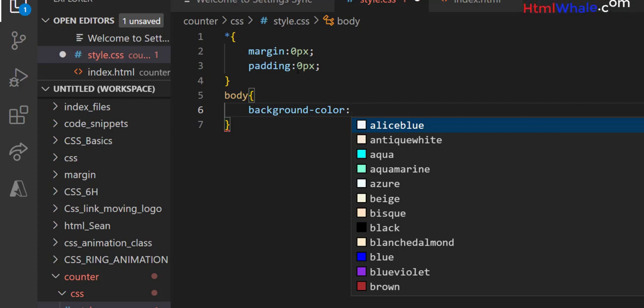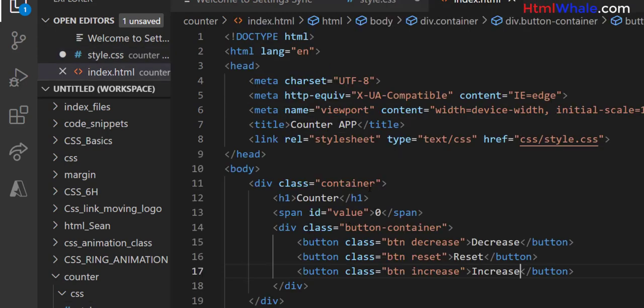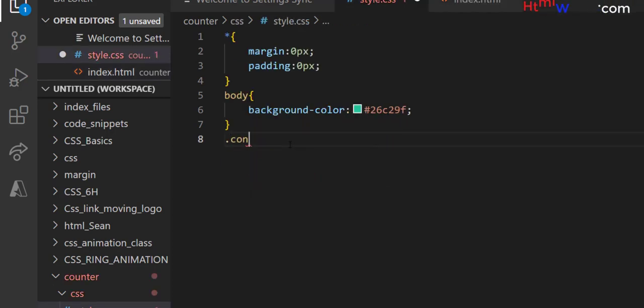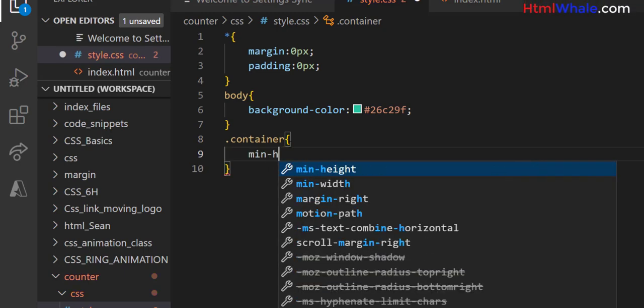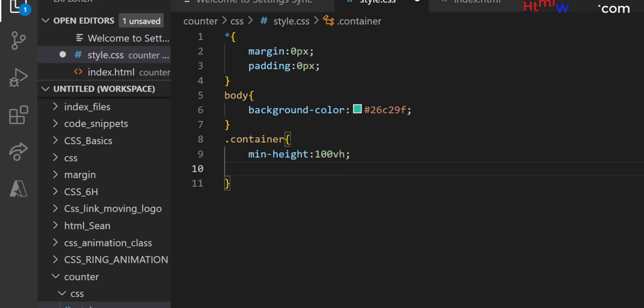Probably I might give, say, 26C29F. So that would be the body color. So now I've got a container here, so I'm going to target this container. So it's a class there, and I'm going to give a min height of 100 VH. VH stands for viewport height,